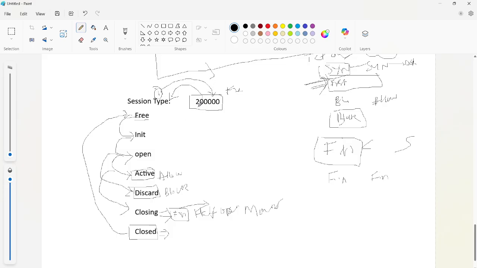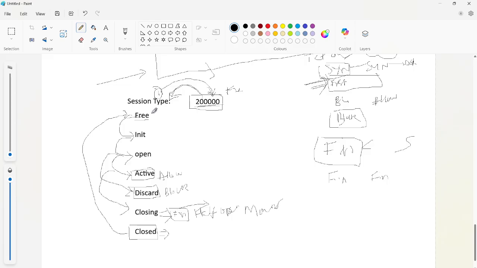Okay, from 2 lakh sessions we have taken one session, completed all this, and returned that session to the free bucket. Whatever firewall you are using will have some limit for sessions. For a PAVM, it supports 2 lakh sessions. Once the 2 lakh sessions are used, the next traffic that comes will not be allocated any session, because there is no free session available until one session is freed from your session table.